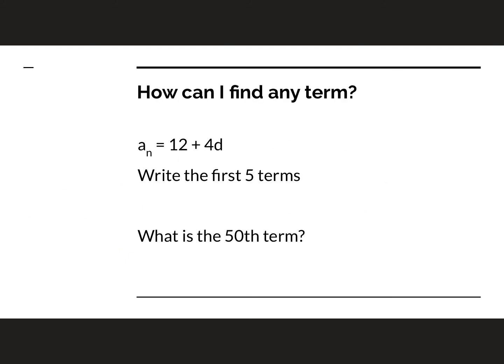So let's look at this. What if I'm given the equation and I'm asked to write the terms? Sorry, that should be an n, not a d. So that should be an n. So write the first 5 terms. If I put a 1 in here, I have 12 plus 4 times 1 gives me 16 as my first term. And then I know if I change this 1,